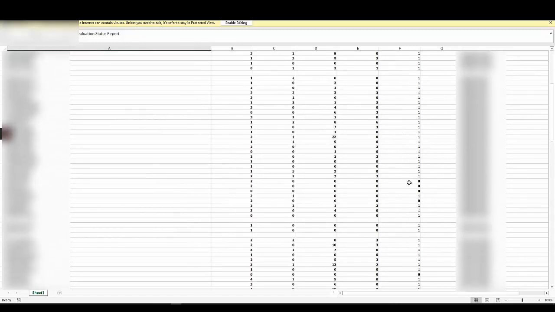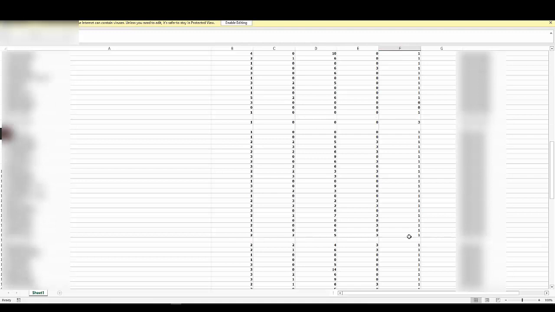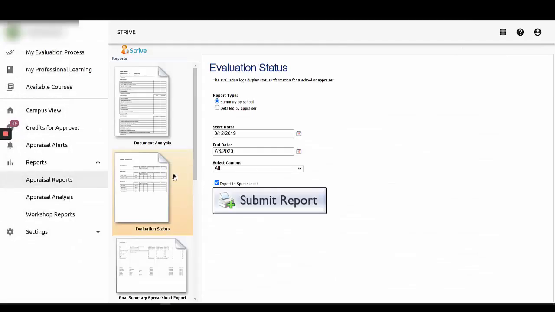If they don't have a summative, I can then come over and view who the staff member is to determine the reason they might not have a summative. You may have staff on your campus that do not have a summative document, but for the most part, everybody will have that summative document. And when I look at it, I can see any zeros to check to see why they don't have one. As long as everybody has one, then I can X out of this